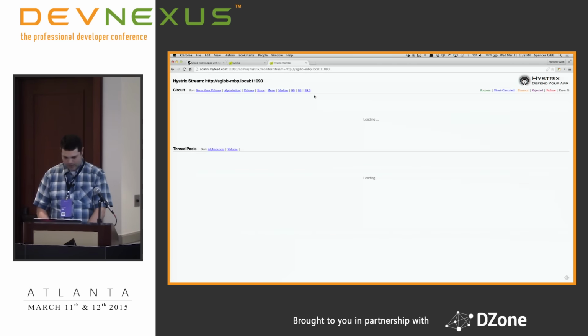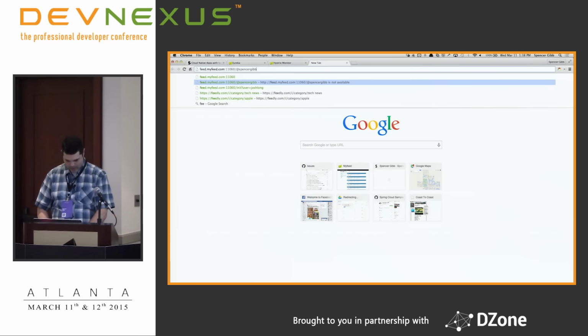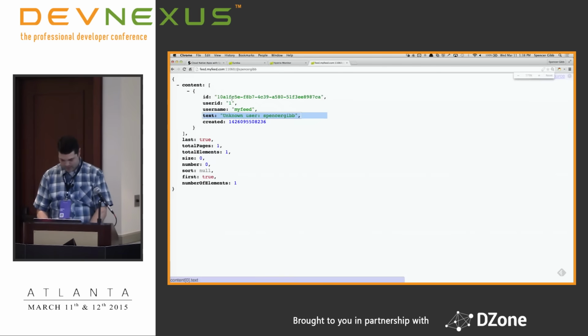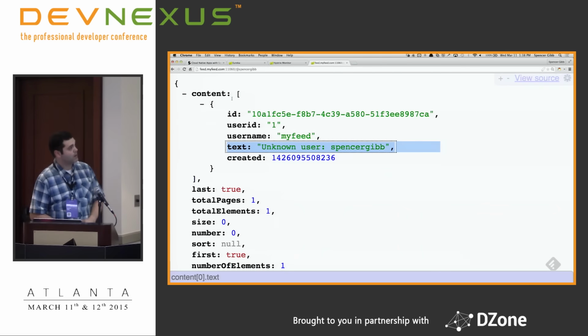So this is the dashboard. There's nothing to see yet because I haven't exercised anything. But I brought up an application, the feed. So if I hit this, my default data is returned, since the feed depends on the user service, but I haven't started the user service yet, right? Sorry for that. I can see it just fine, I don't know why you can't. So this was the default data. It doesn't error. It just says, I don't know who that is, right?